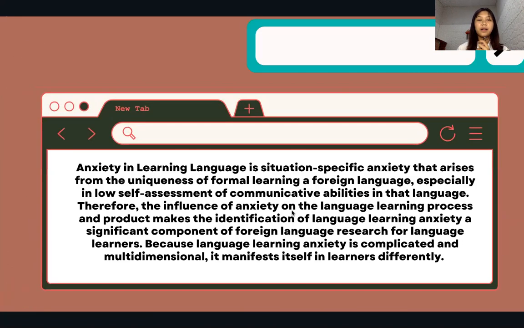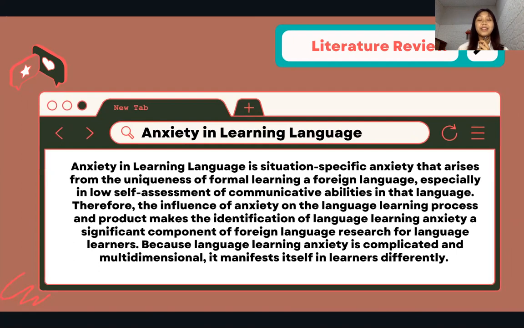Next, about anxiety in learning language. Anxiety in learning language is a situation-specific anxiety that arises from the unique nature of formal learning of a foreign language, especially in low self-assessment of communicative abilities in that language. Anxiety is one of the affective factors that have a great impact on foreign language learners,